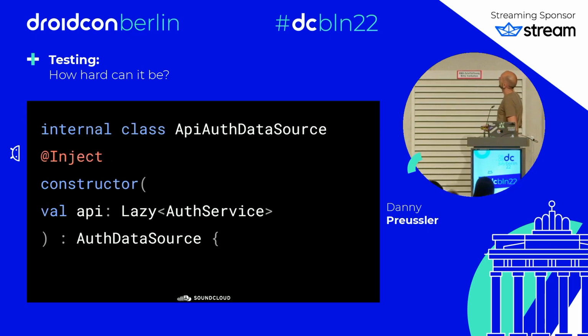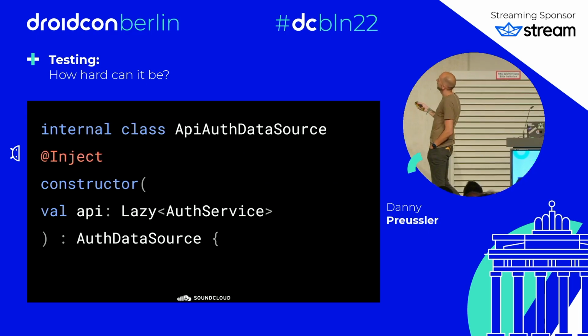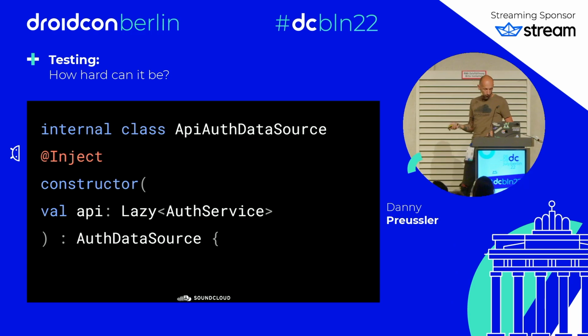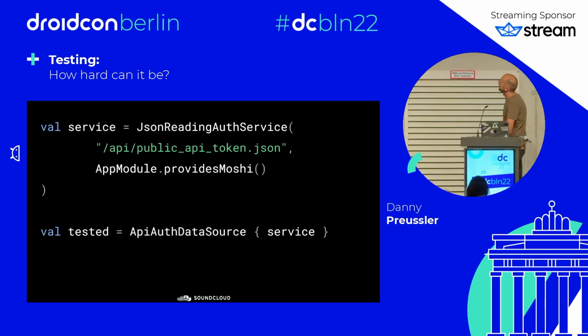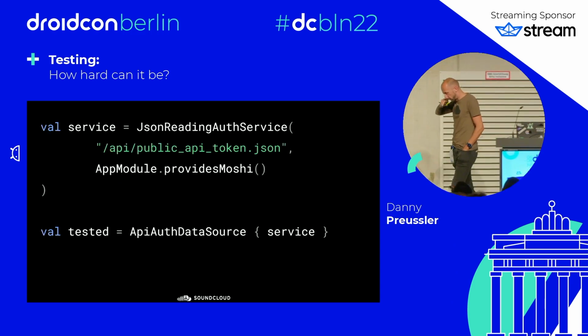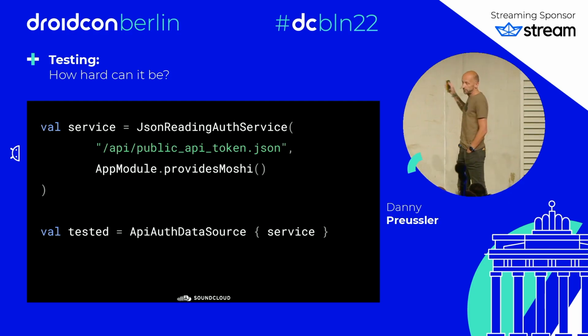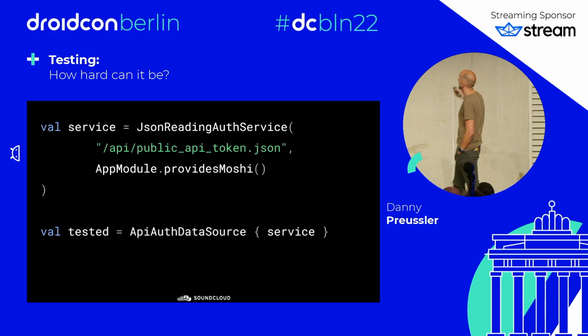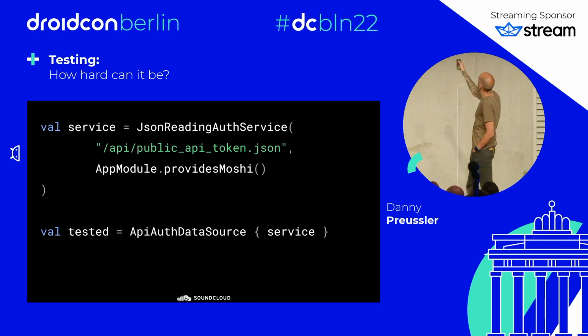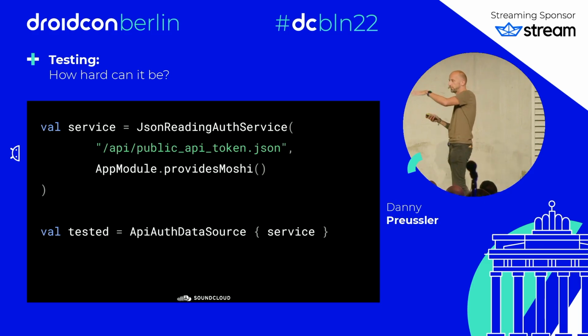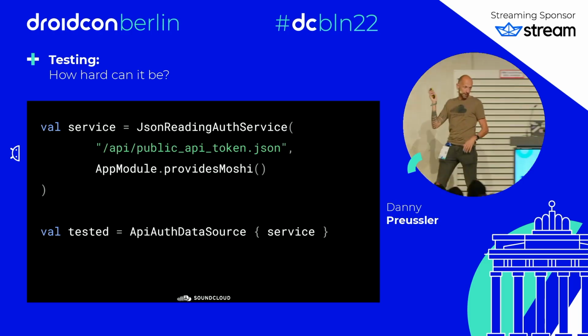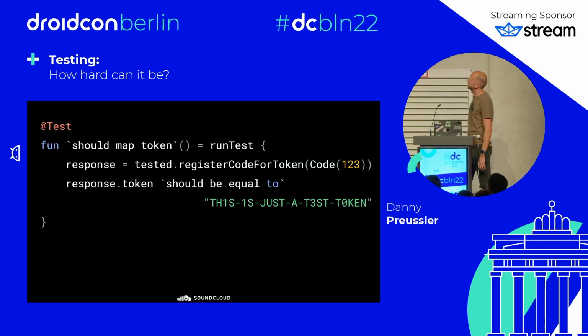So let's look at our data source that we had by now. It takes the service, implements the auth data source. Nothing to do here. And I'm adding this to every project I've worked on so far. I took the JSON that comes from the backend and put it in the test folder, in the resource folder of my test. And I created something called the JSON reading off service, which basically just takes this JSON and returns it on your service call. Using Moshi here,